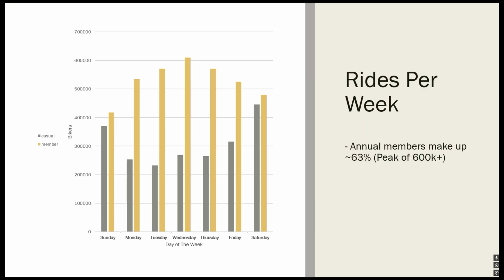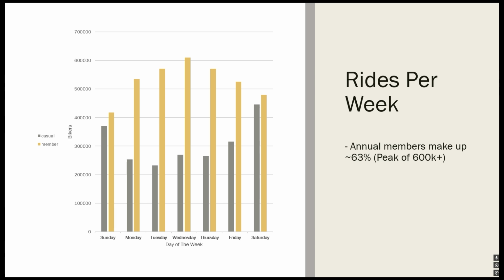If we narrow down the bike service usage to the days of the week, we want to put a large focus on where the frequency is the highest for casual and membership users. If we take a look at this bar chart, we can see that many more members use the service, which is great for the company. We can safely assume that over time, casual members have probably chosen to get an annual membership in previous years.